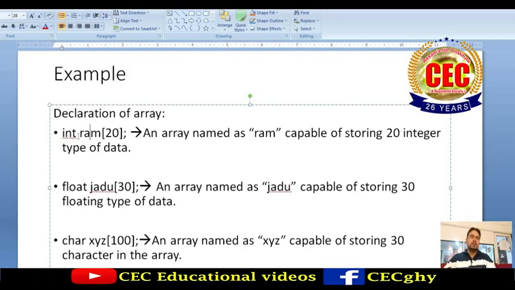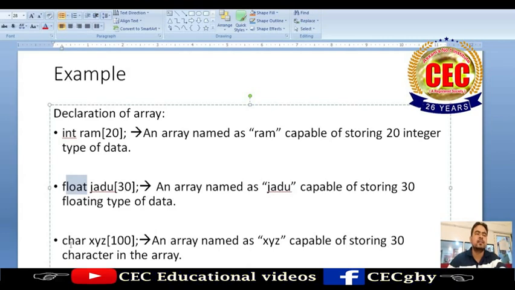Integer type of array we can create, then floating type of array, and character type of array also. The size of the array is up to you. You can take 20 or 20,000. In the floating type of array, I am taking the name as Zodu and giving the size 30. You can put 30,000 also.